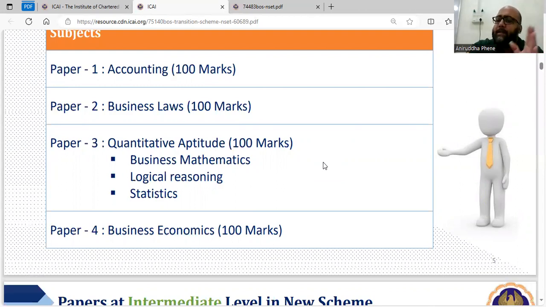Then third paper is basically mathematics and statistics, that was there earlier as well. And business economics is the 100%. Earlier it was business economics and commercial knowledge 60-40. Now it is only economics. Similarly in law also it is only law now. Earlier it was law and business reporting. Now it is only business law. So that is a good change. So students can get more knowledge of laws and economics. Accounts I think would be same.